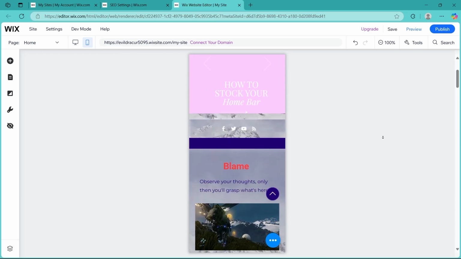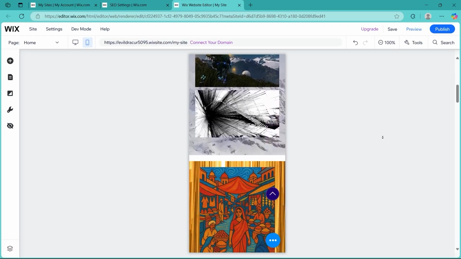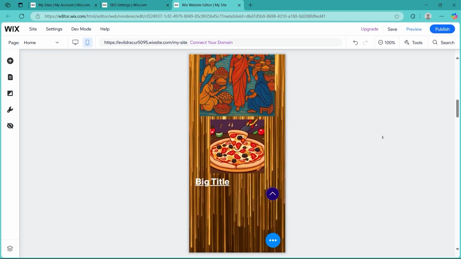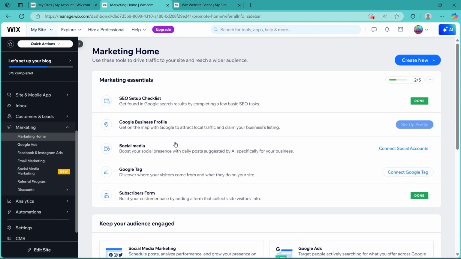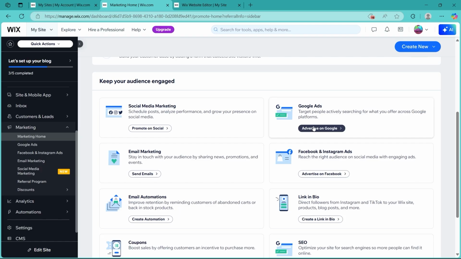Now connect your site to Google Search Console to track its SEO performance and get insights on how to improve. In Wix dashboard, navigate to Marketing and SEO. Here, select Connect to Google. So you can also click on Advertise to Google and follow the instructions to verify your website and monitor its